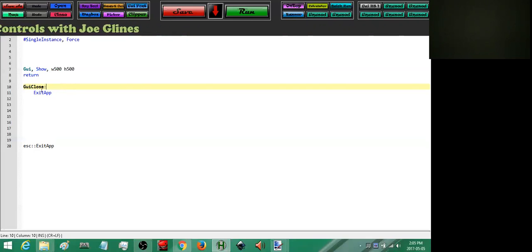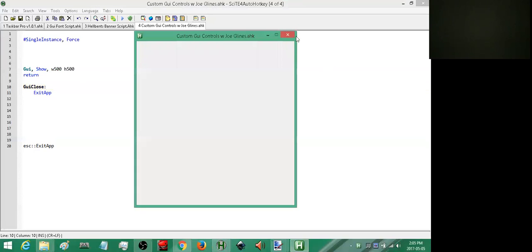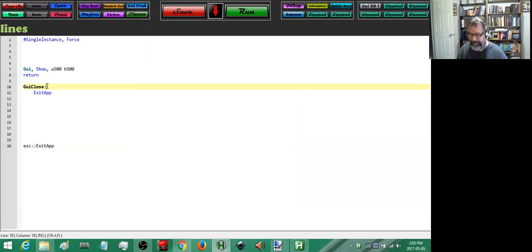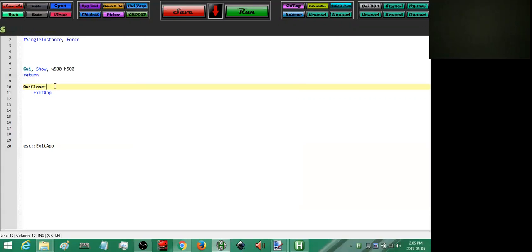So it knows as soon as I put this in that when I press that button up at the top of the screen, it'll close our script and exit it. But I can have this do whatever I want. I can make it pop up a message, run a program, et cetera. Okay, so we have our